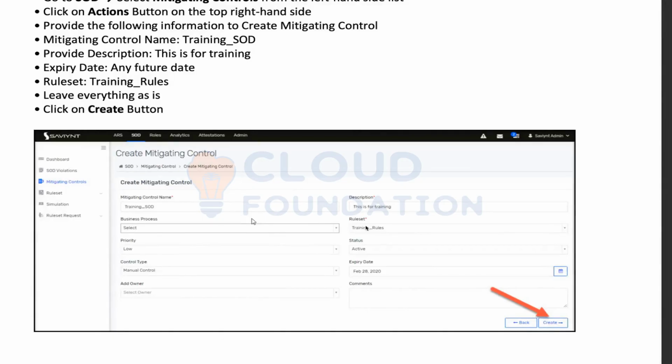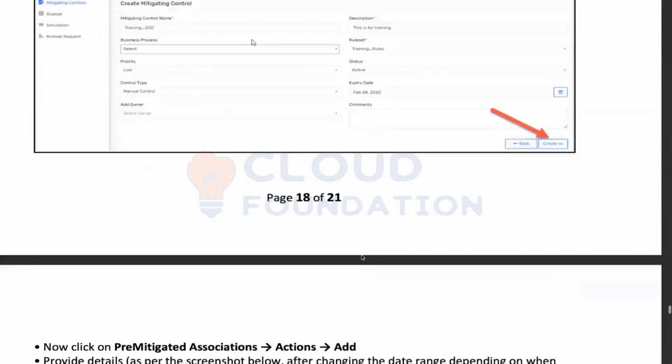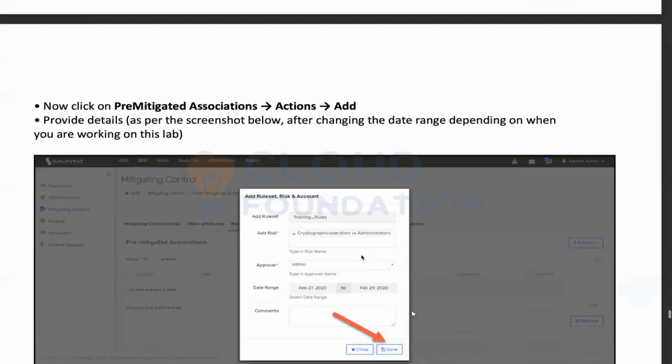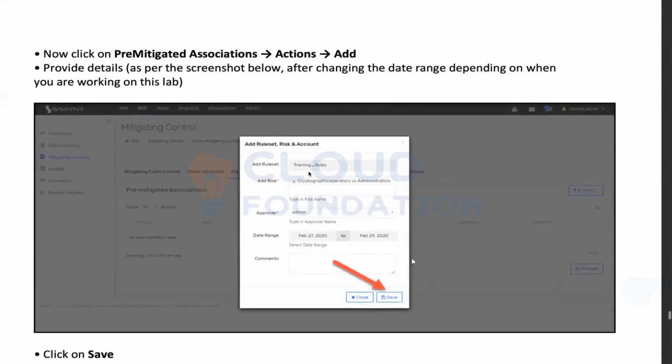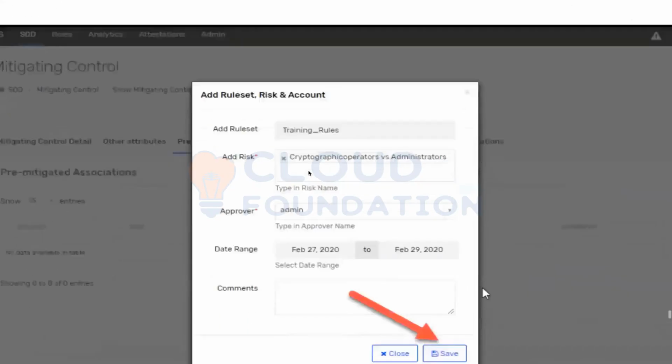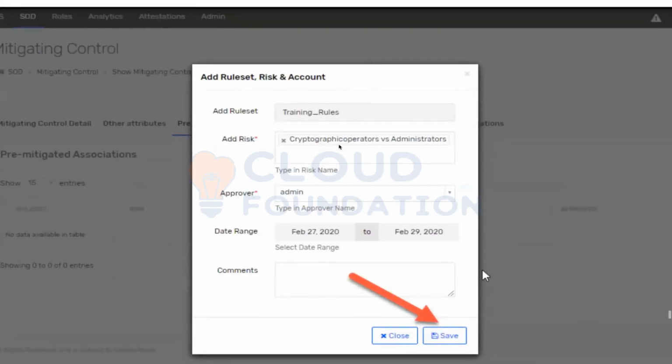We choose the rule set, the priority, and the status, and then we click on create. When we click on create, it will ask us which risk we want to identify as part of this report. I am saying chirographic operators versus administrator is the risk I want to mitigate.